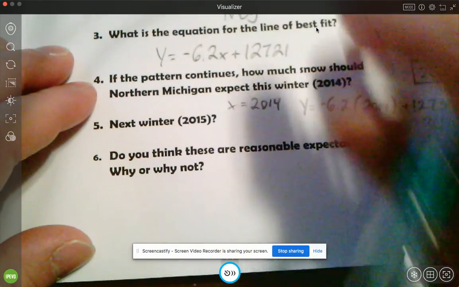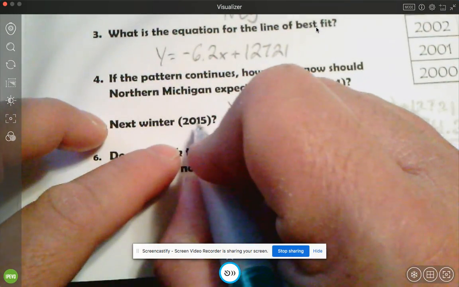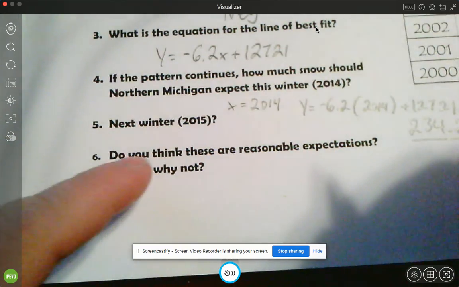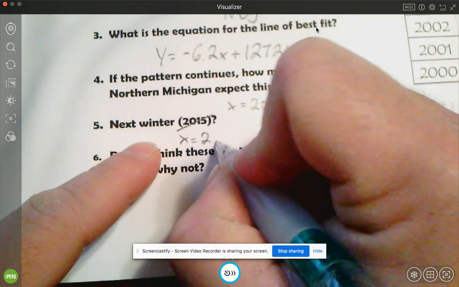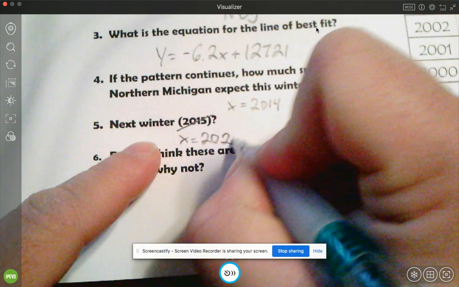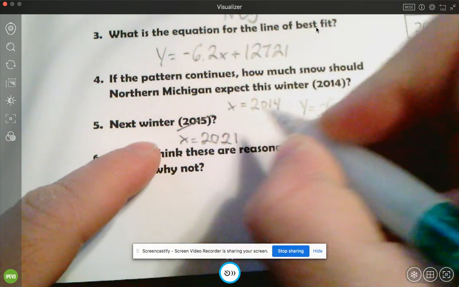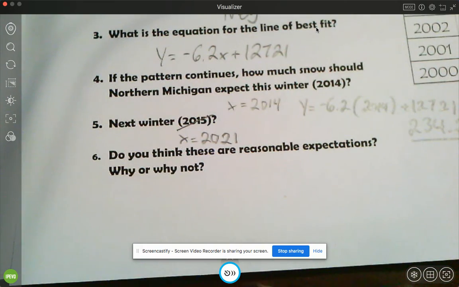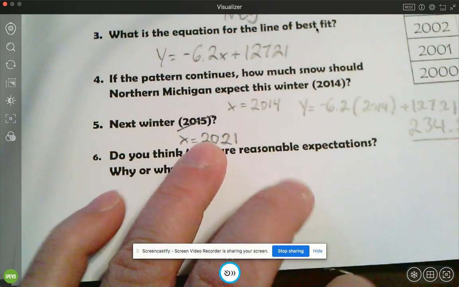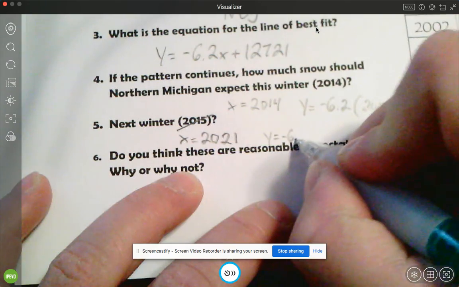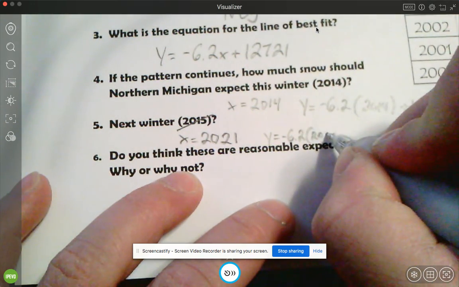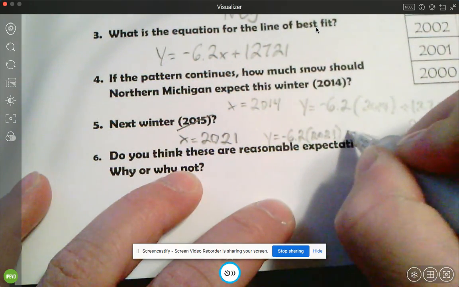Let's just go even farther, not even next winter, let's go for our next winter. So let's change this to x equals 2021, right? Technically, we just passed the 2021 winter. Let's just say this is the 2021 winter. Okay, so now with this one, I would write y equals negative 6.2 times 2021 plus